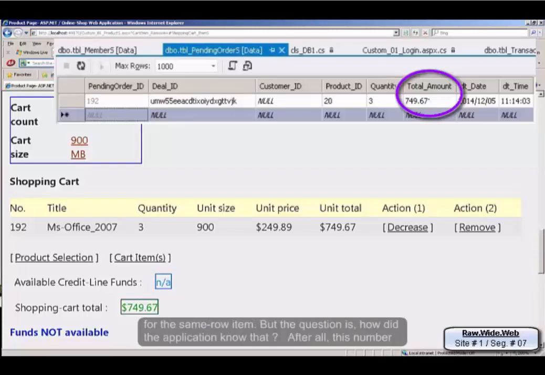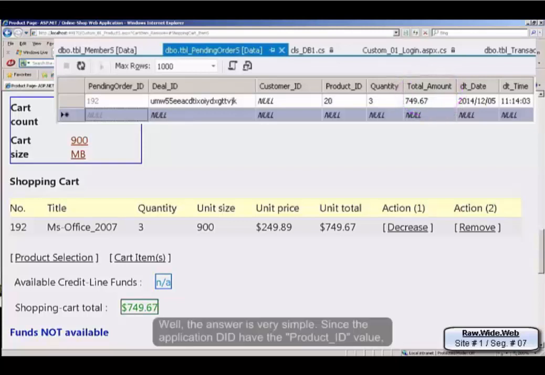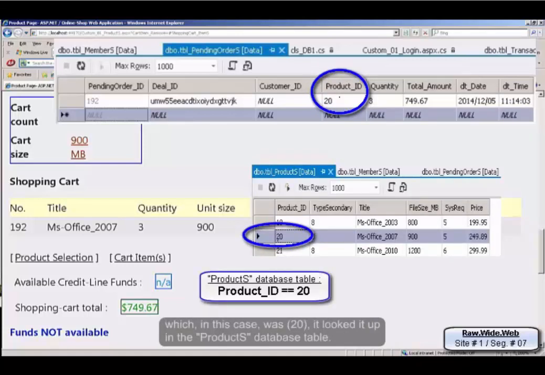But the question is, how did the application know that? After all, this number isn't kept anywhere in the database. Well, the answer is very simple. Since the application did have the product ID value, which, in this case, was 20, it looked it up in the products database table.